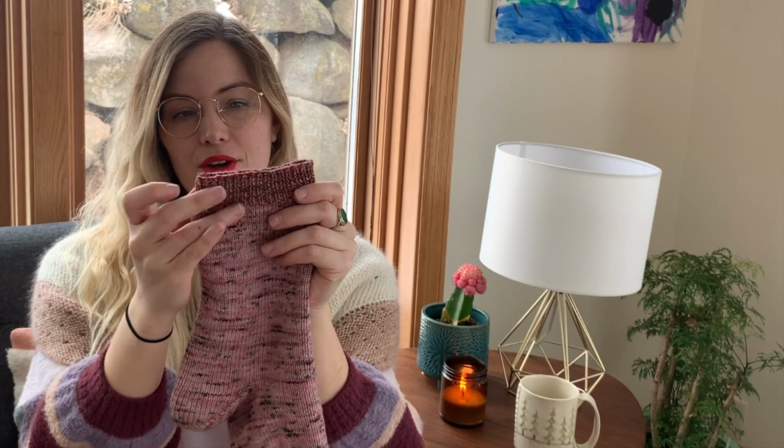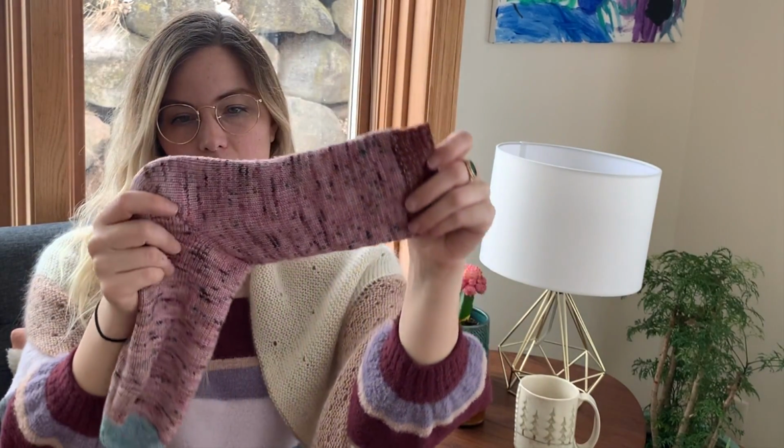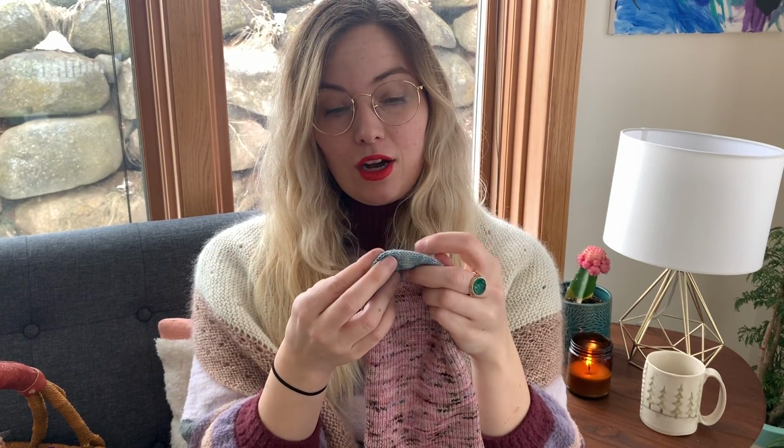The cuff is knit out of a brand new tonal colorway, which I've dyed up on all of our bases, and that will be in the shop soon. And then the base of the sock is knit out of our Hüge Gemütlich colorway, one of a kind that will not be ever dyed again. And then for the toe, I used our Dewdrop colorway. So this is one that I really enjoyed knitting. I ended up knitting his,